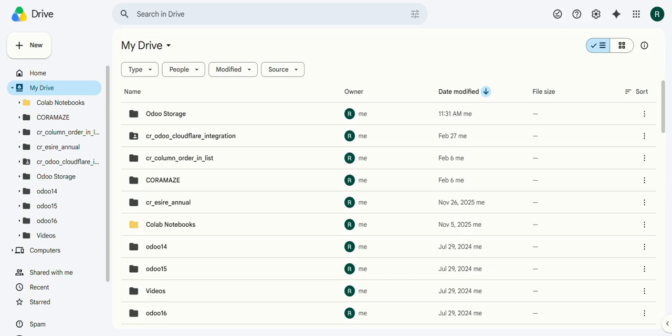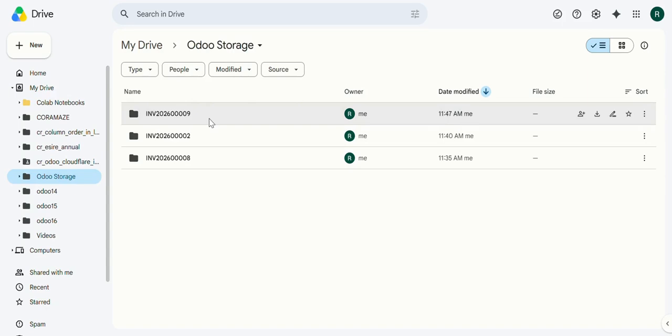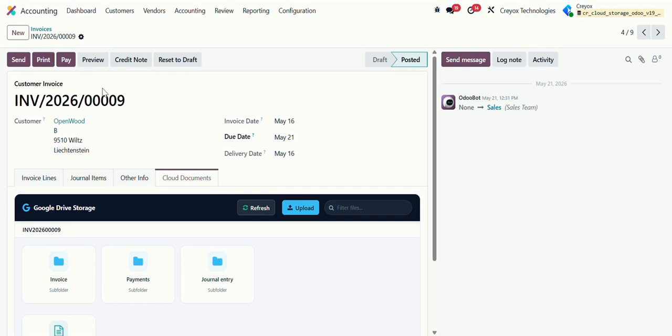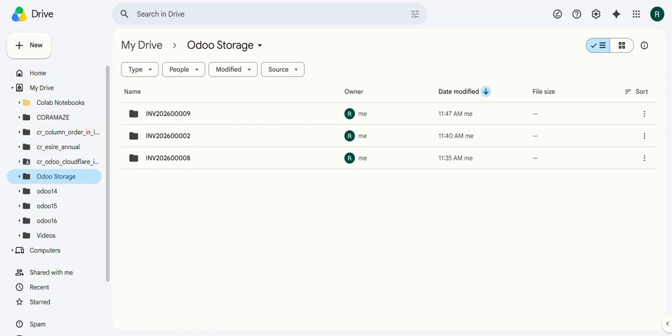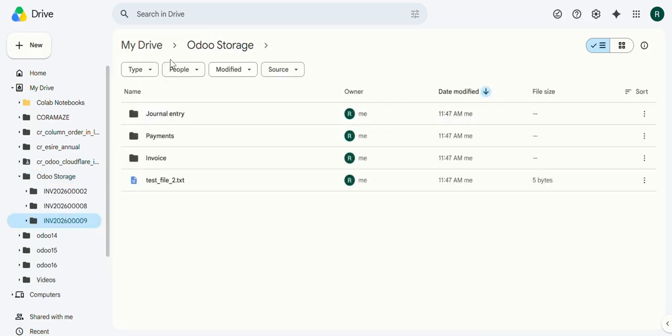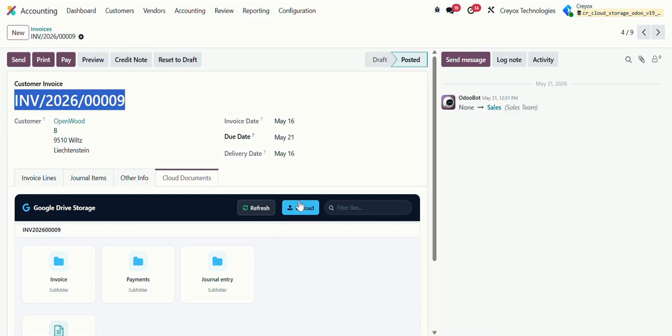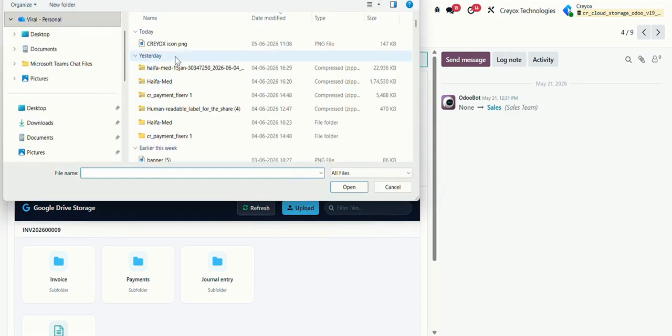Like if you go to Google Drive and the root folder that was created, that is Odoo storage, so whichever records you will open, those folders will be created. So as this record is opened over here, this invoice number, so if I go to Google Drive, the same folder is created. Inside that the three subfolders are created, and the test file has also been uploaded by default. Now if I upload anything from here,